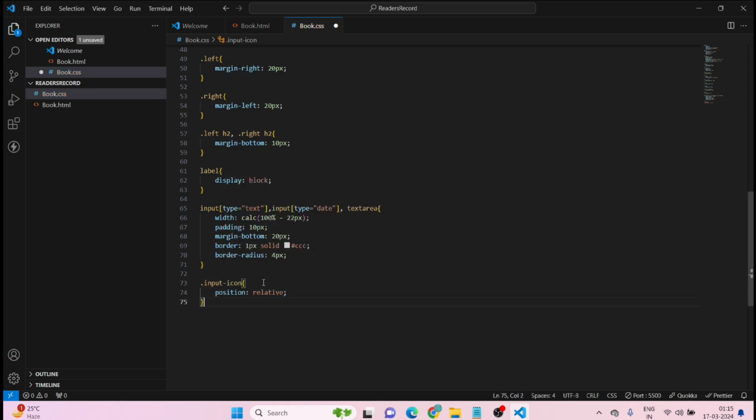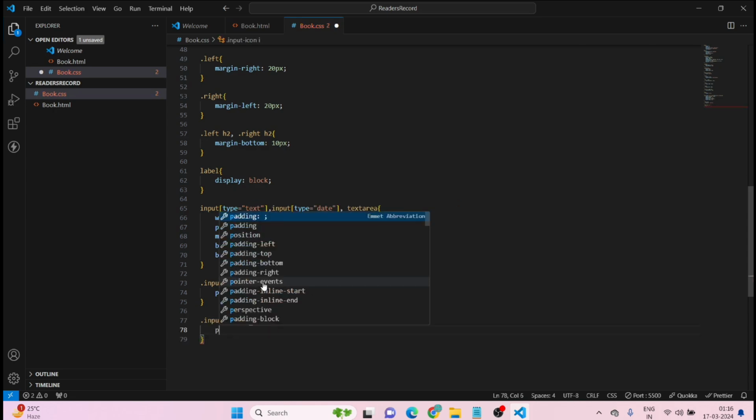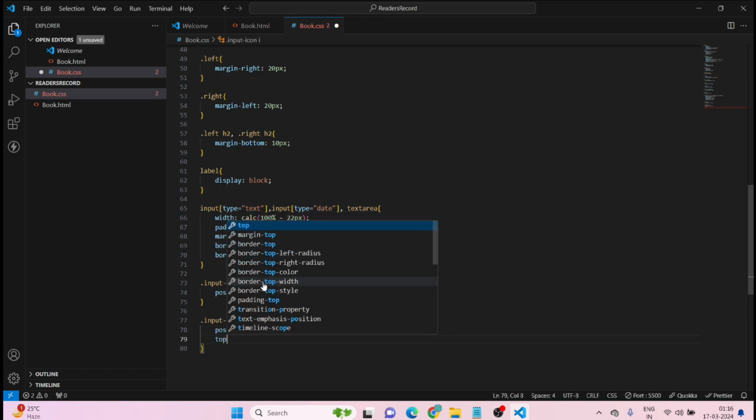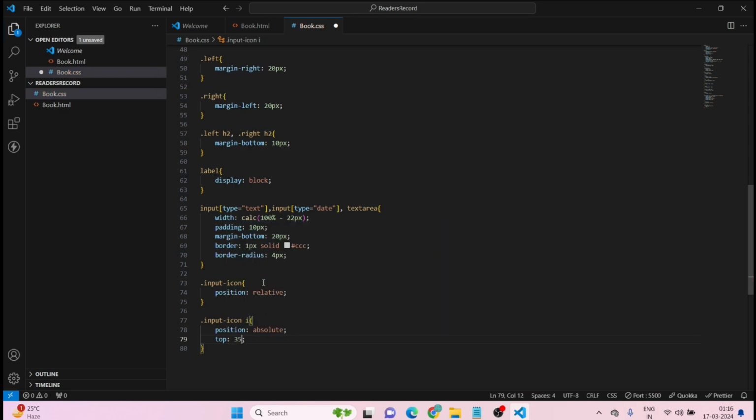Position relative dot input icon I. This will be of position absolute, top 35%,